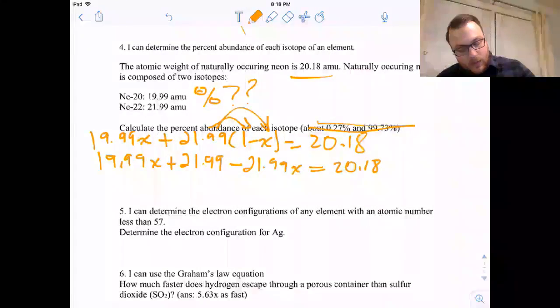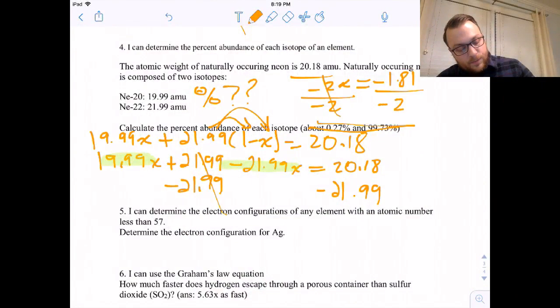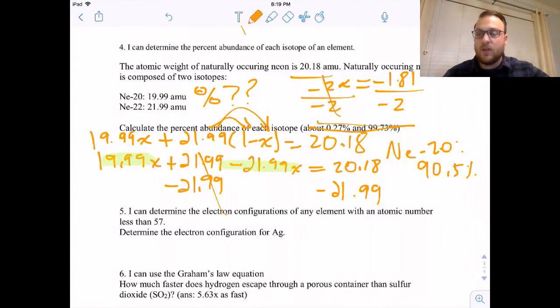Subtract both sides by 21.99. Combine these over here, and you'll get negative 2x is equal to negative 1.81. Divide both sides by negative 2. And that means your neon-20, which I designated as my X, will get you 90.5%, because when you do that division, you should get 0.905, if I'm not mistaken, which means your other one should be 5%. And that adds up to 100, so we should be